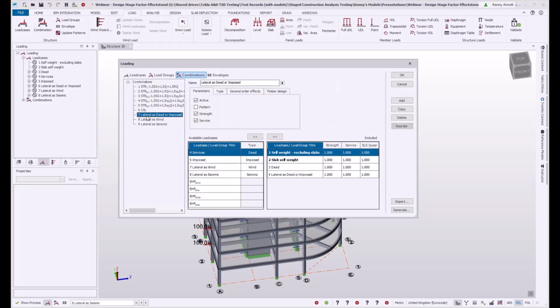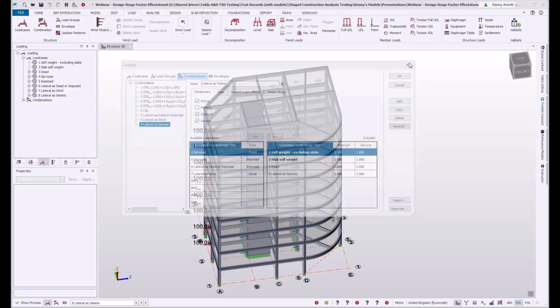So lateral, dead or imposed. I've got gravity loading and then this lateral load. I've also, for strength and service, set all the factors to 1, so that the total load being applied in both the strength and service situation is identical again. And that's the same for all of these 3 combinations.